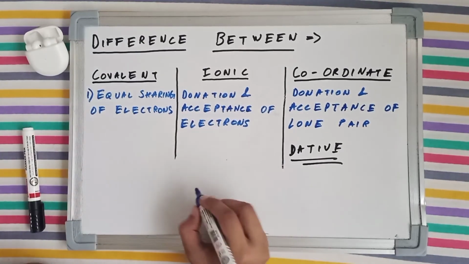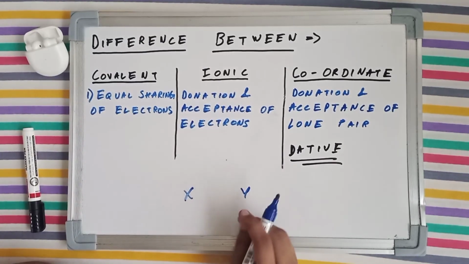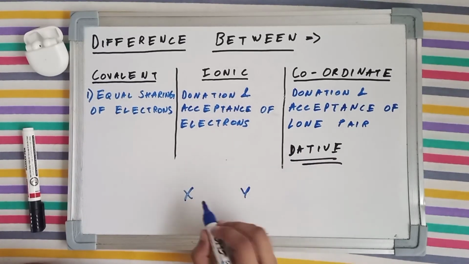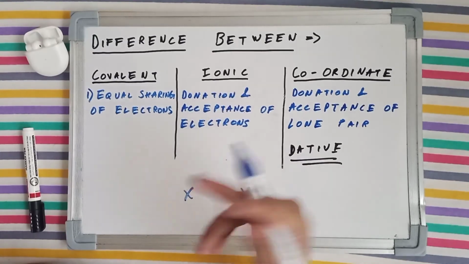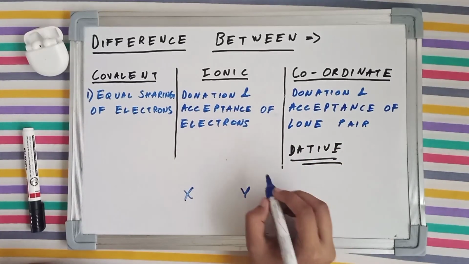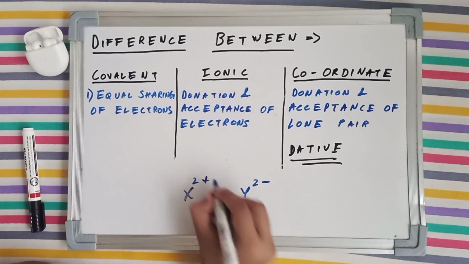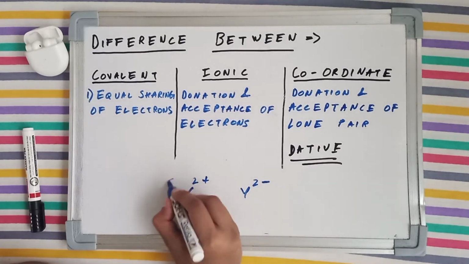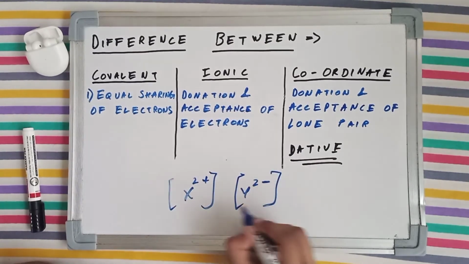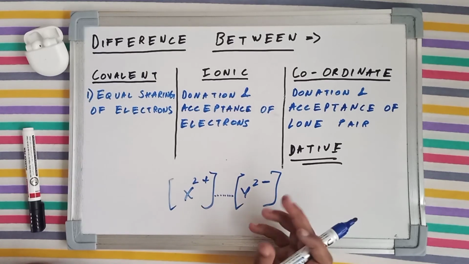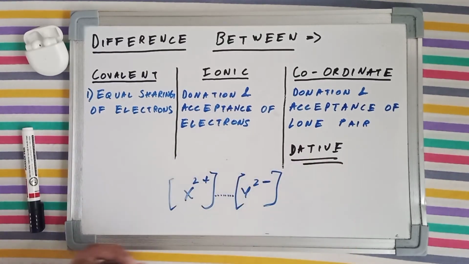Now in an ionic bond, one of the atoms snatches an electron from the other species. Suppose Y snatches an electron, or maybe 2 electrons. Let's suppose it snatches 2 electrons, so it will gain a 2 minus charge, whereas X, having lost 2 electrons, will gain a 2 plus charge. Now they both will simply stick to each other by electrostatic force of attraction. So this is just an ionic bond.